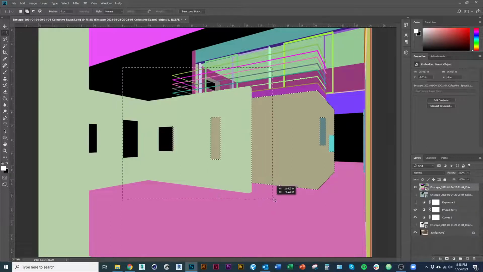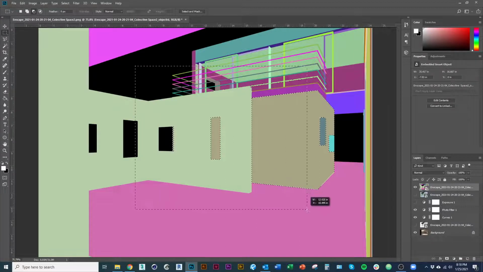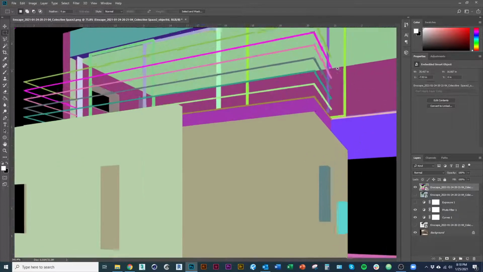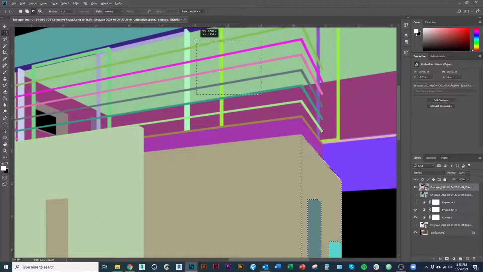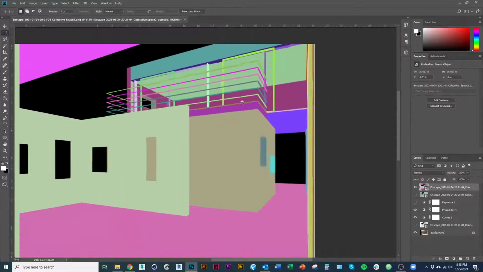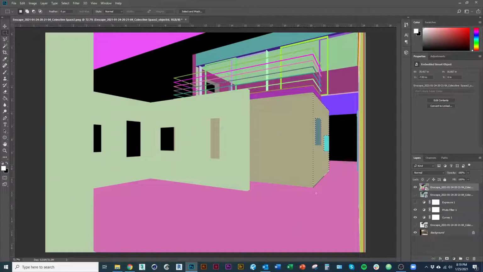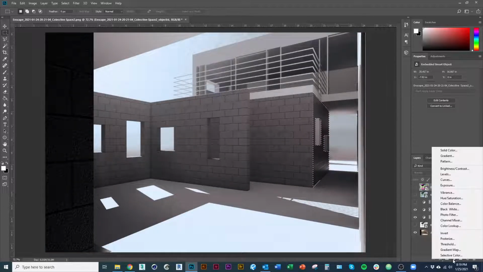and then I'll swap to my rectangular select tool. Oops, that's not what I meant to do. Hold Alt on the keyboard to deselect. I think you can also hold Alt and then go just like that. Get a little bit up in there, which I'm not really sure why that is. Okay. And so then with that selection created, I could go in here and make another adjustment layer,